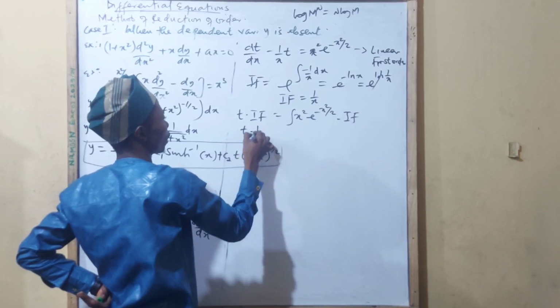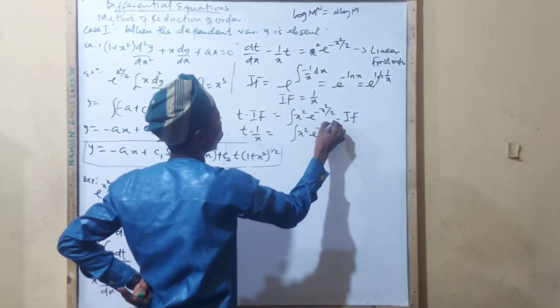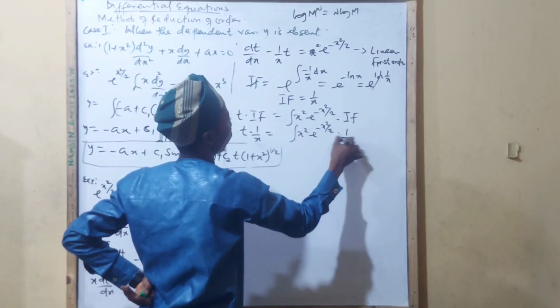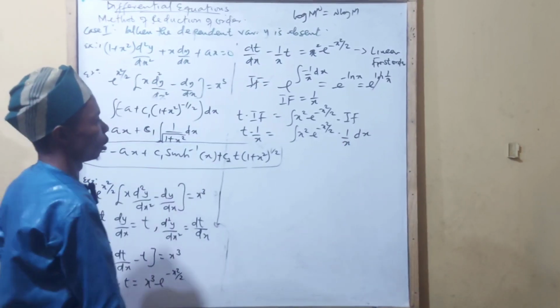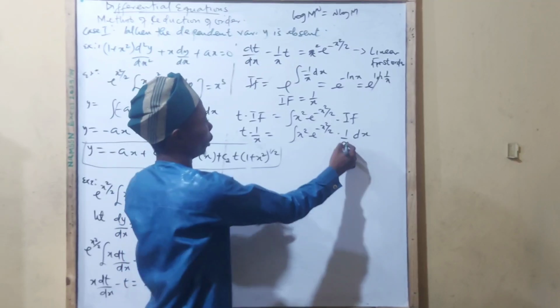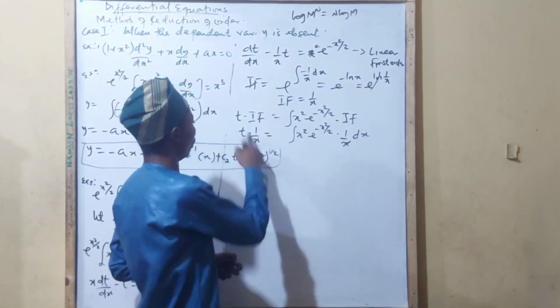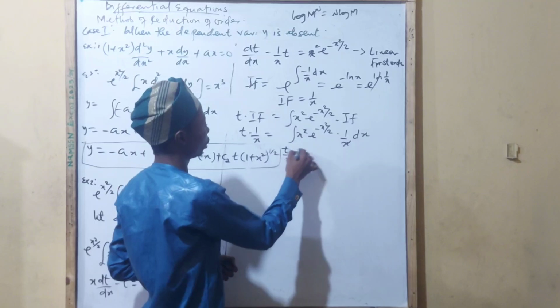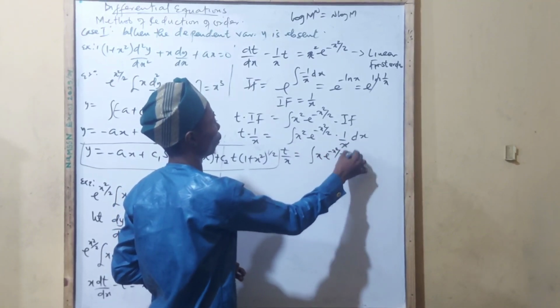This is t multiplied by 1 over x equals the integral of x squared e to the minus x squared over 2, multiplied by 1 over x. We integrate with respect to x. So how will I integrate? Well, from here x will cancel, it will remain 1. So we are going to have t over x equals the integral of x exponential minus x squared over 2